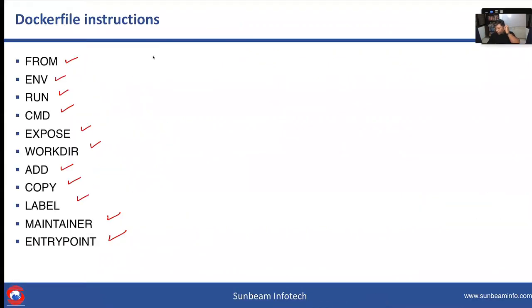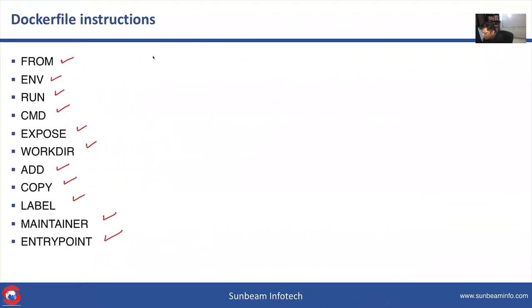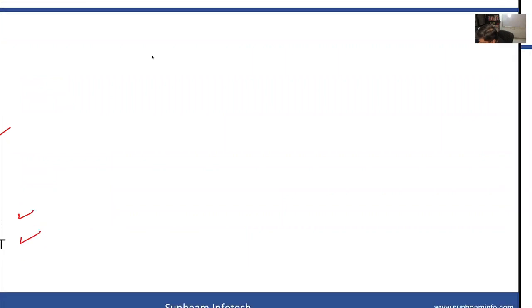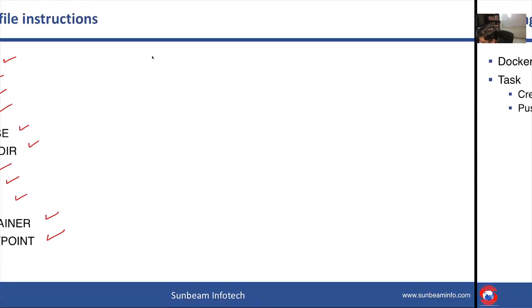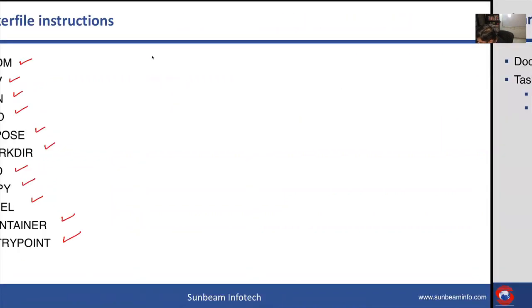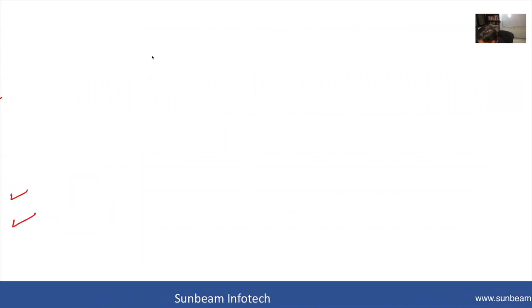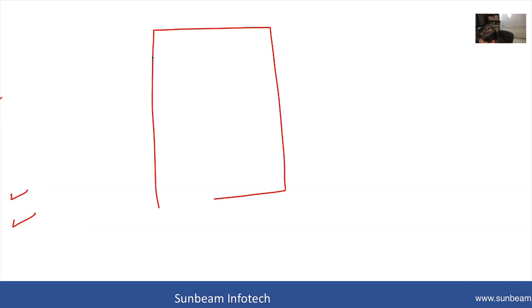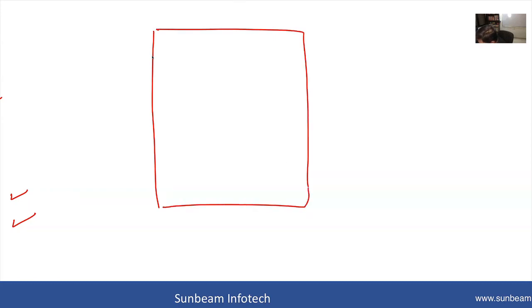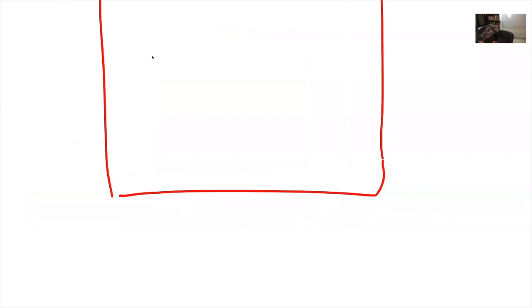Now to do this, first understand the philosophy behind this, because if you can understand the philosophy, you can create your own image easily. You can create your own image by using a base image. So if I want to create my image, this is where I want to create my image. And if you want to create your image, you have to start with some base image. So there has to be a layer called a base image, and this base image will always be